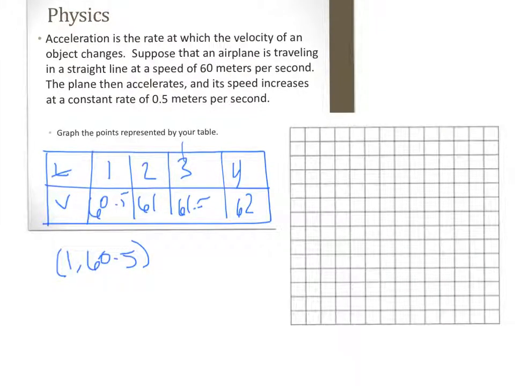Okay, so we got our graph here, and this axis right here is our y-axis, which is velocity, so we'll mark this with a V. This axis right here is time, so we'll mark this with a T. And the one thing that we can do here is we have 60 units, 61, 61.5, so on and so forth, and we have 1, 2, 3, 4, so on and so forth. As long as I'm consistent with my scale,